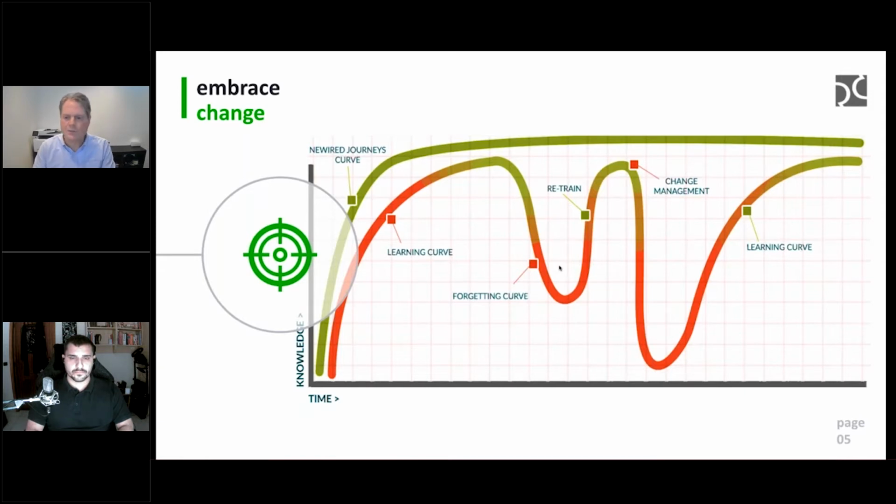It doesn't matter if you're young or old, we have a lot on our minds. Sometimes tasks seldom occur and you simply forget how it's done. So you retrain, the knowledge goes up, and then there's a change, a new system or a new regulation, and the knowledge goes down again. Then you need to relearn or re-educate people.